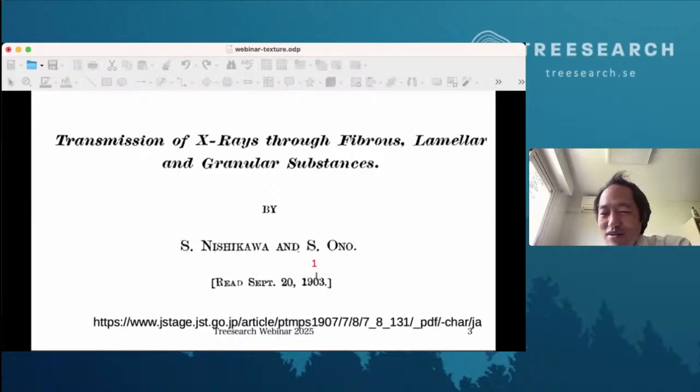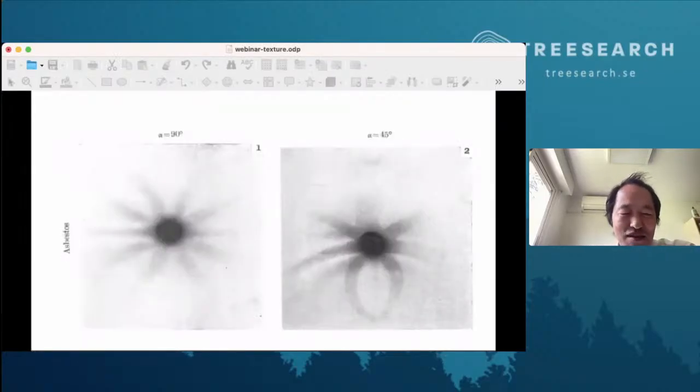So the first publication on X-ray scattering of textured system is 1913. Well, there's a typo in this printing, but you can just download the whole paper from the internet. And this is by a postdoc at that time, Dr. Nishikawa, and Ono. It is just 1 year after the discovery of X-ray diffraction by Laue. And what they did is just put in front of the X-ray beam all kinds of substances that he finds in the lab, and look at what kind of pattern he gets. So there are some examples like